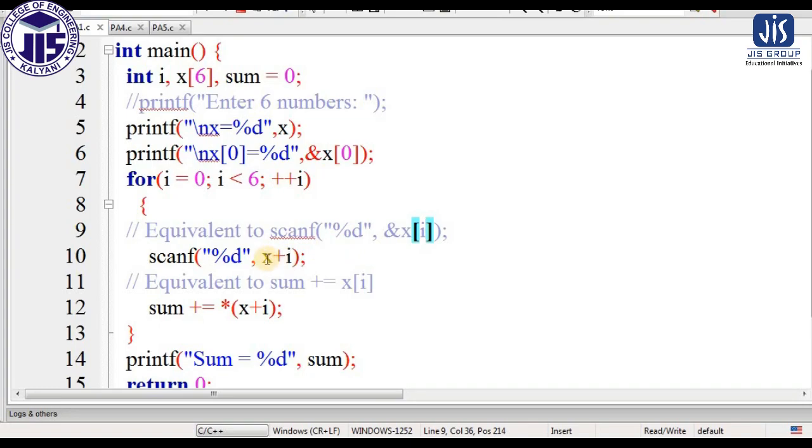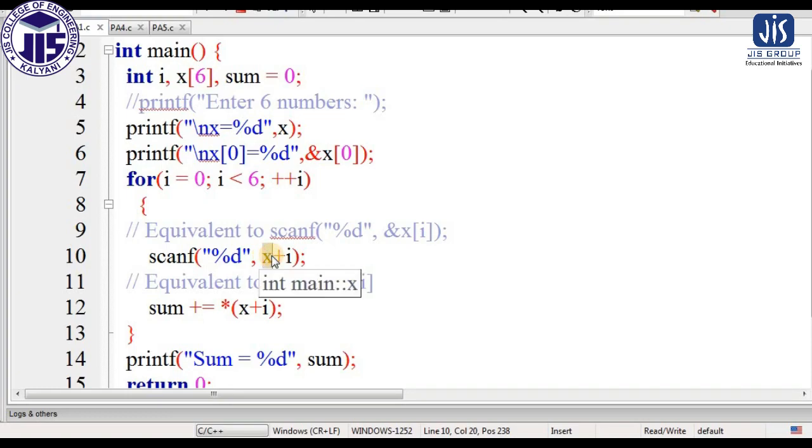Now what we are doing here, instead of that, we just convert the statement like this. The scanf statement I have changed to this, scanf %d, and here instead of writing this, what we are writing is x plus I. That means here we are assigning the value. So what does only x mean basically?